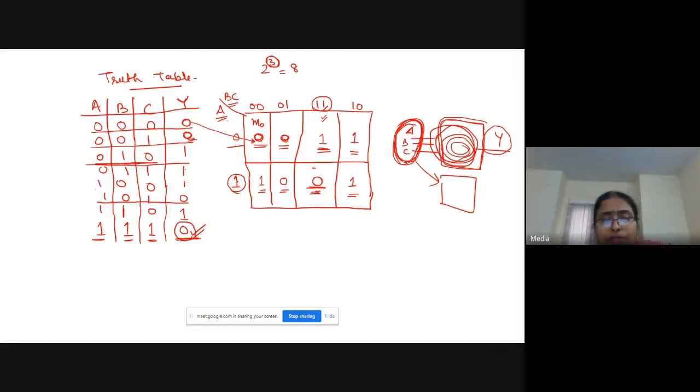Then 1, 1, 0. And the last one is 1, 0, 0, which we have already covered. Clear? So like this, we have to make the entries for the truth table.